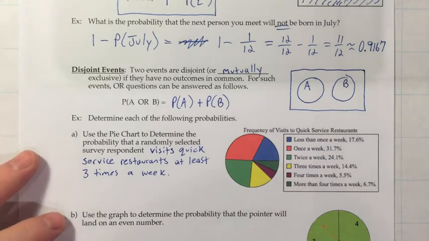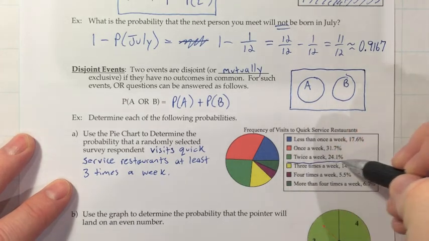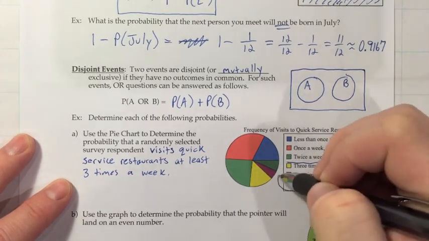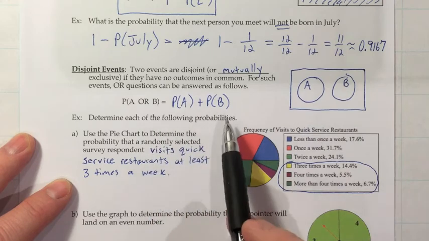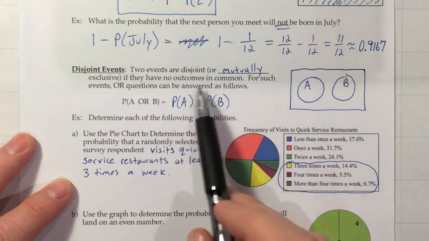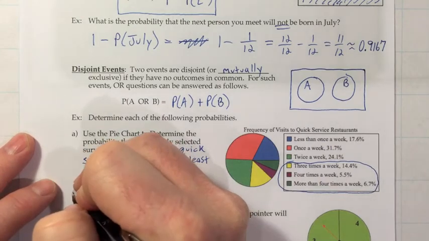That was an initial mistake. But at least 3 times a week means 3 or more. So that would be all these groups. We already kind of did something like this before we even had the rule. It was kind of intuitive. We just added those together. This rule officially says that's okay to do. If there are no outcomes in common, then you can just add the individual probabilities. So that probability becomes